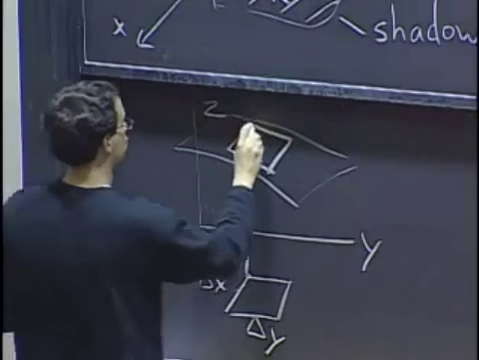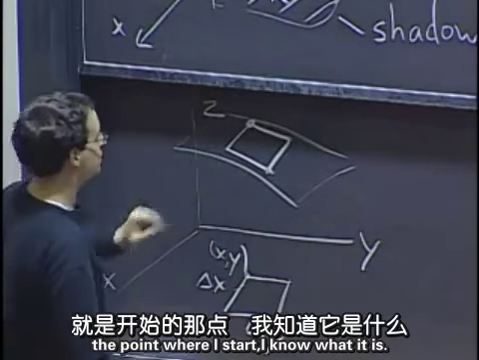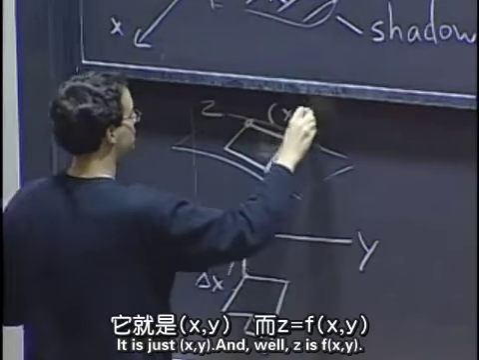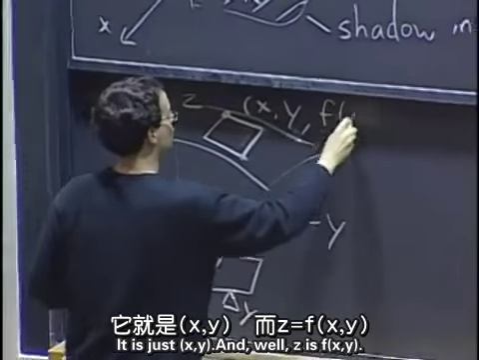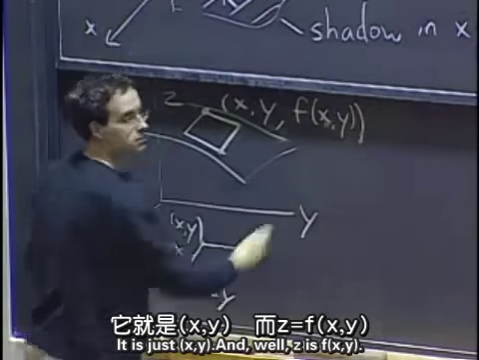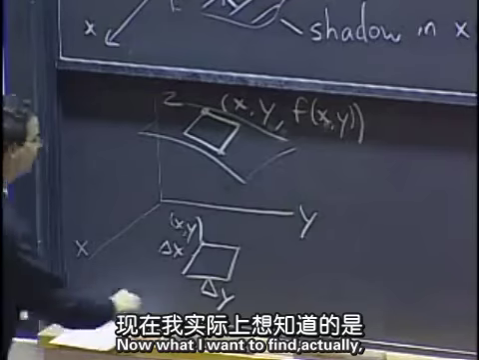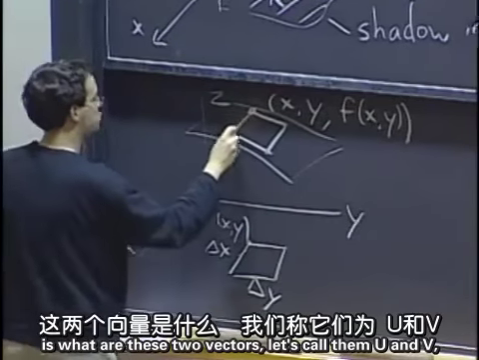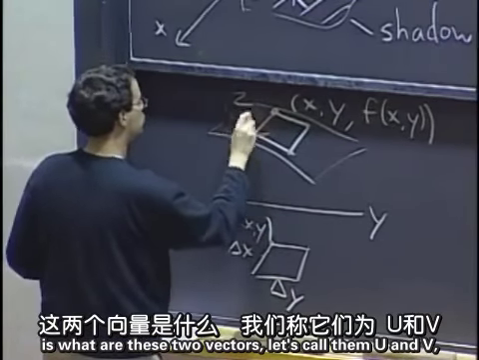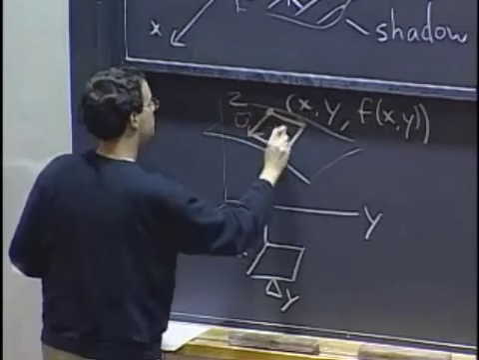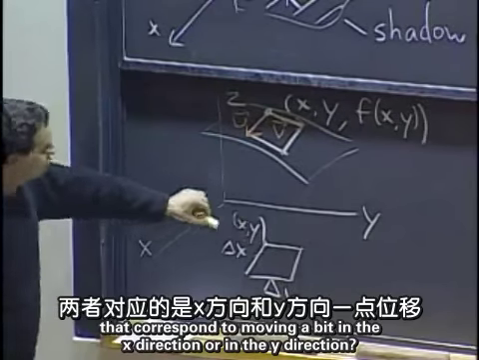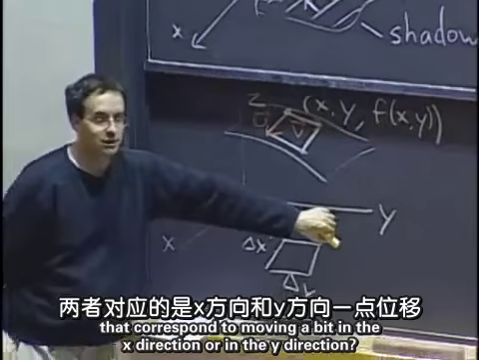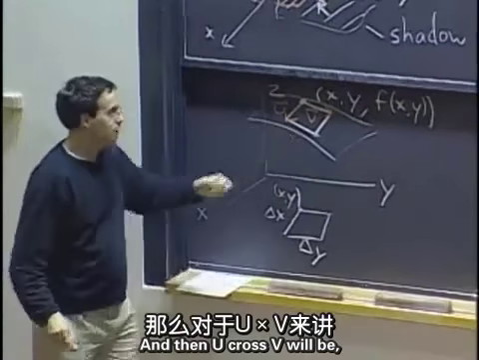I need to figure out the point where I start. I know what it is: it's just x, y, and z is f of x, y. Now what I want to find is these two vectors, let's call them u and v, that correspond to moving a bit in the x direction or in the y direction. And then u cross v